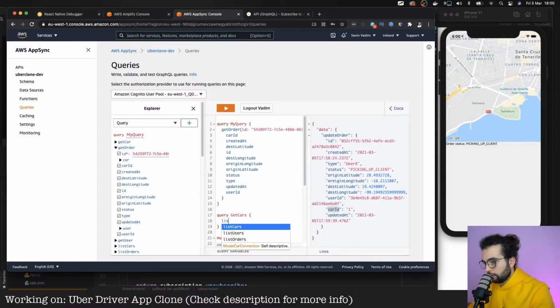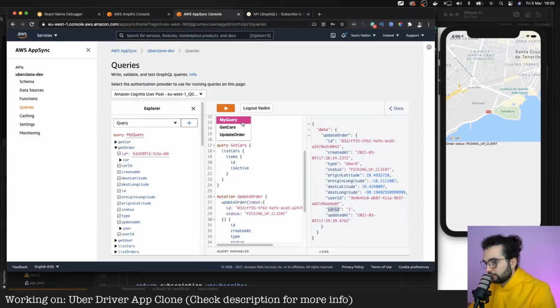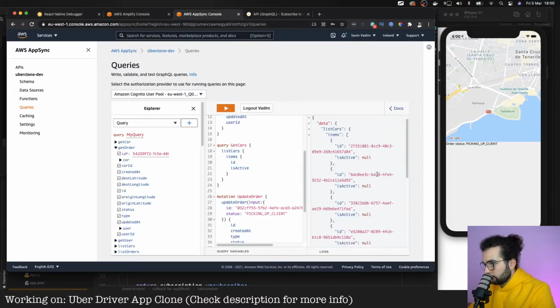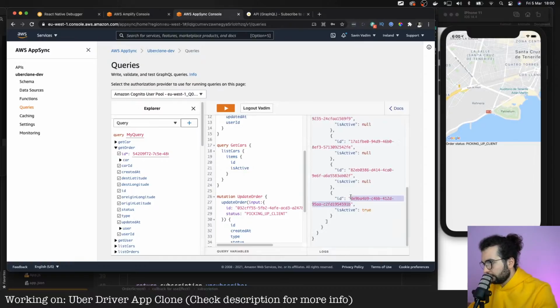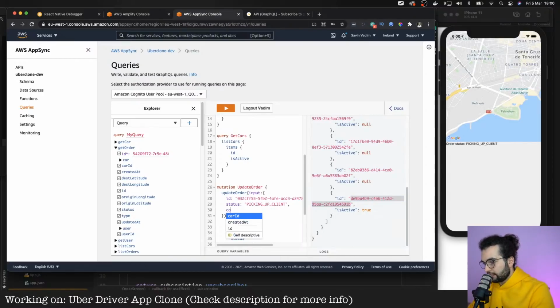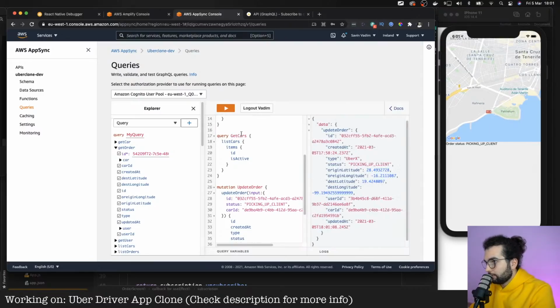List cars items, and I'm interested in ID and also isActive, because only that car is active that I'm interested in. Get cars, null, true, and this is the ID of that car. And I want to update the orders and set the car ID to this ID. If everything works correctly, when I update the order and set the new car ID, the car should automatically show up on the map.